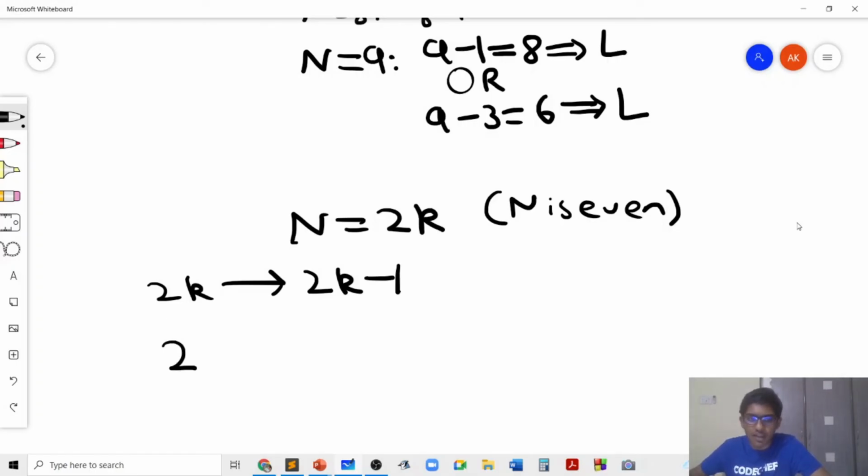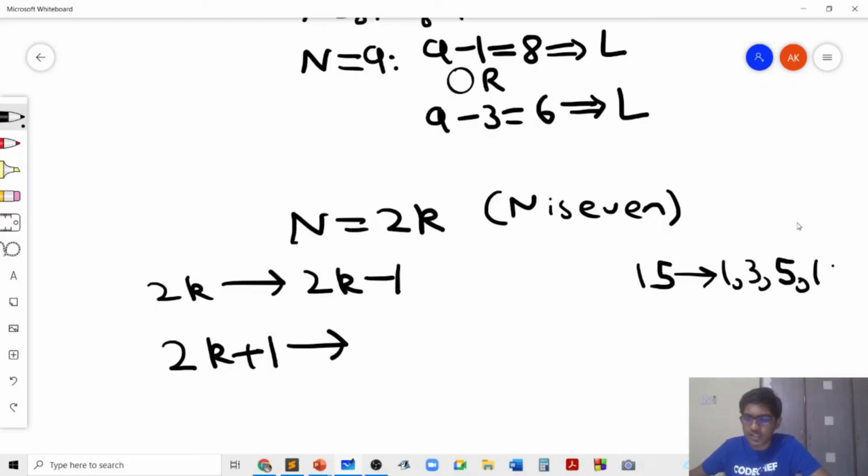And if we consider an odd number 2k plus 1, then the key idea is that this is an odd number, so n is odd, and an odd number can only have odd factors. So this is the key idea. An odd number has factors which are only odd numbers themselves. So for example, if you consider an odd number 15, then the factors of 15 are just 1, 3 and 5 and 15 obviously, but we are considering only the factors less than 15.